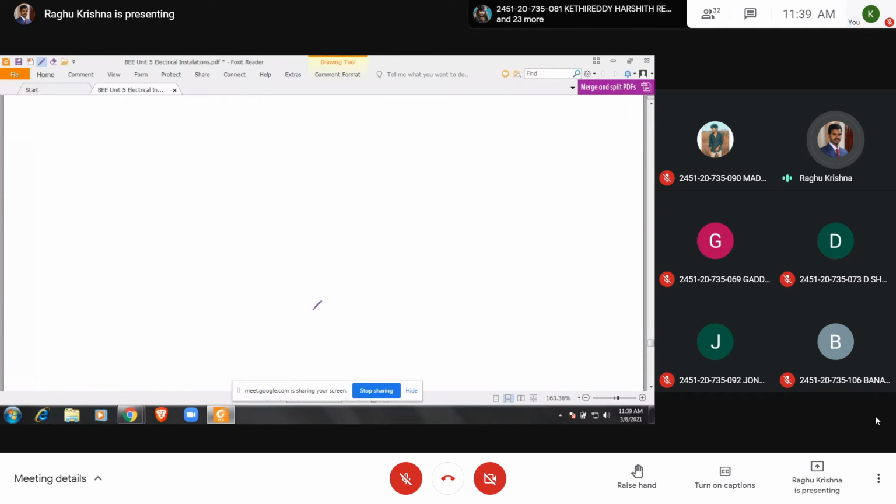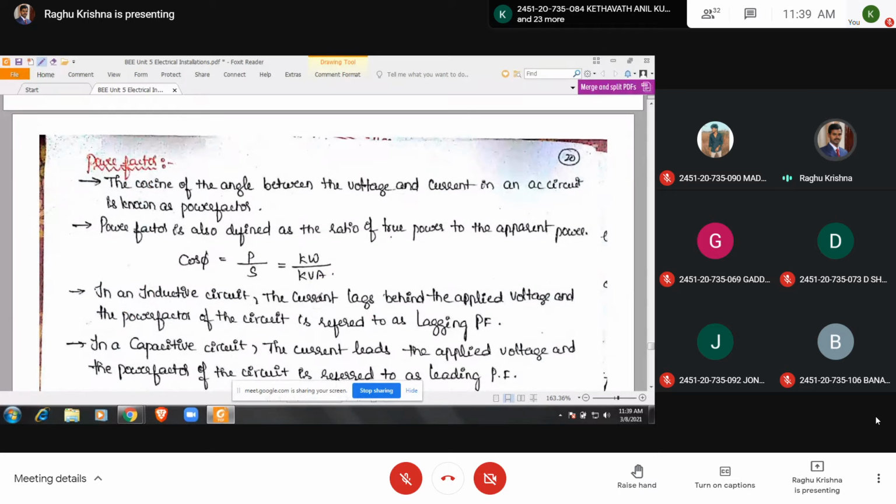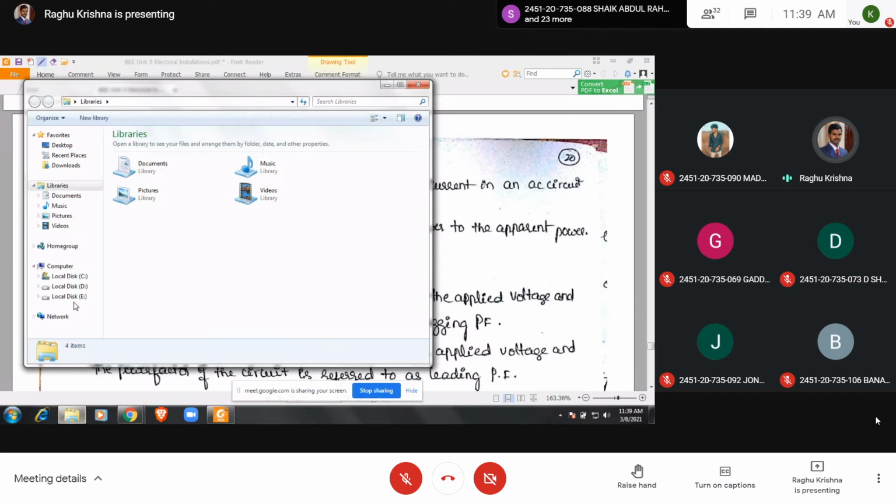So the next one is power factor improvement. This is very important, and it is also asked many times. If you see the previous question papers,